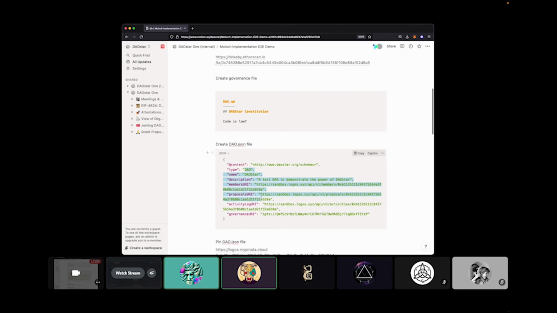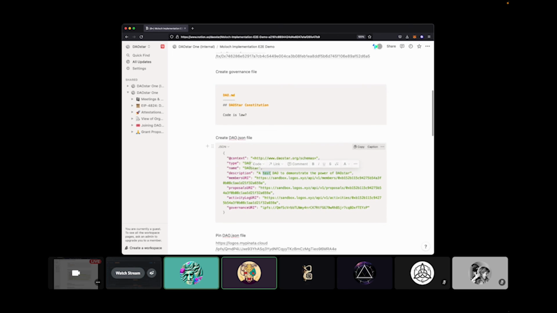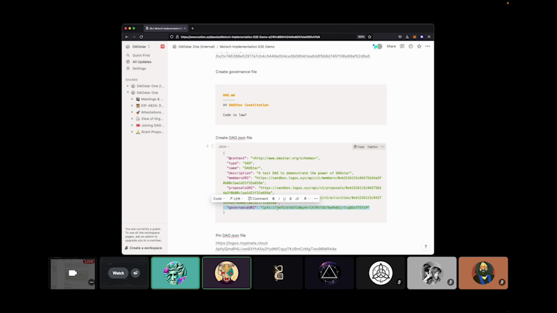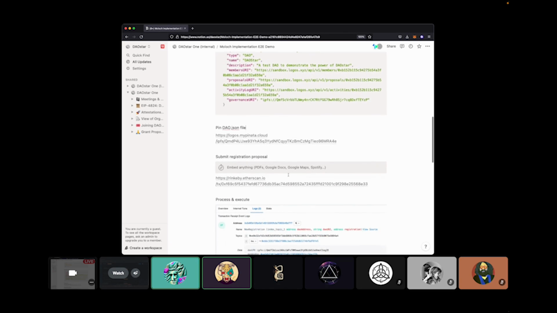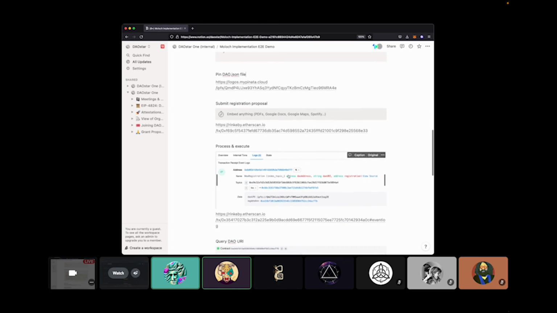Then there's a description of the DAO name, and a governance URI, which should lead to a markdown file describing how this DAO works. Once the DAO creates that, they pin the JSON file to IPFS, and then there's a registration proposal. The registration proposal comes from the DAO itself to this registration factory, and it registers the IPFS hash of